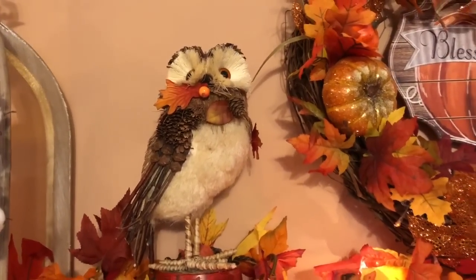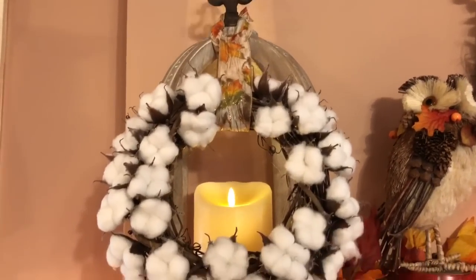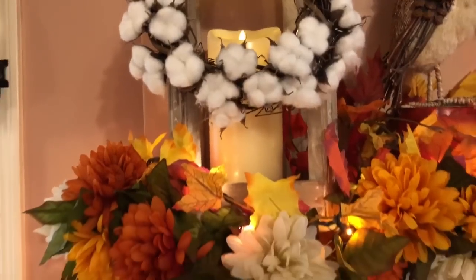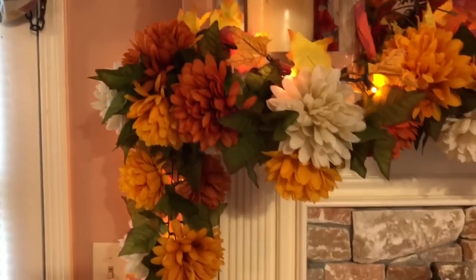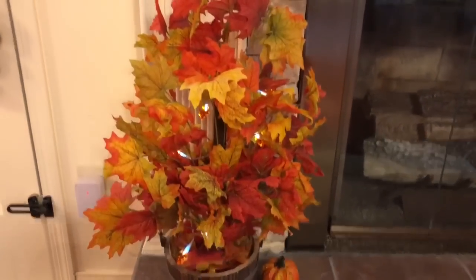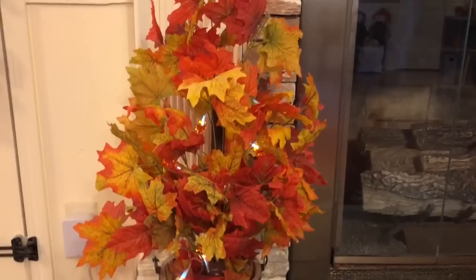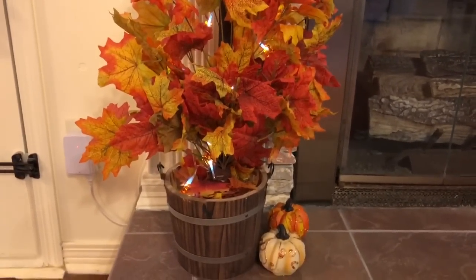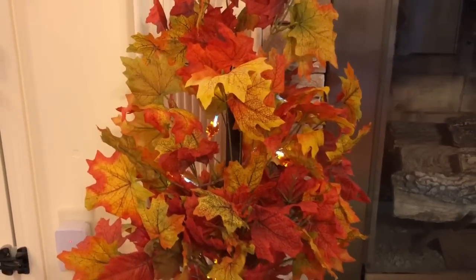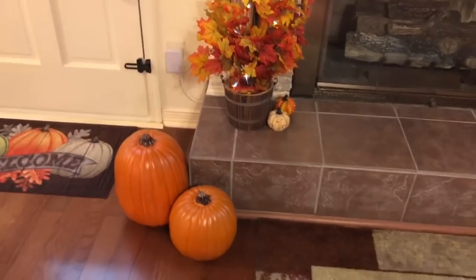I love my owl. And then this is my lantern. And I made that wreath. I love that garland. And then down here is my tree that I made from a Dollar Tree plunger and Dollar Tree leaves and lights. And I just put it in that bucket, and I really love how that turned out. It gives such a cute fall vibe. And then I just have some pumpkins right there